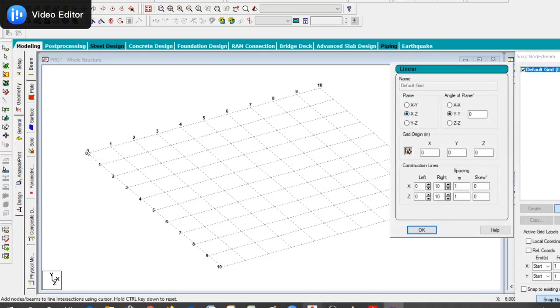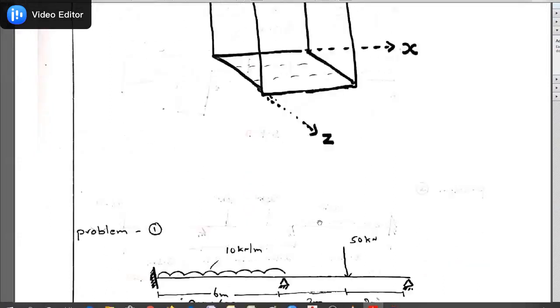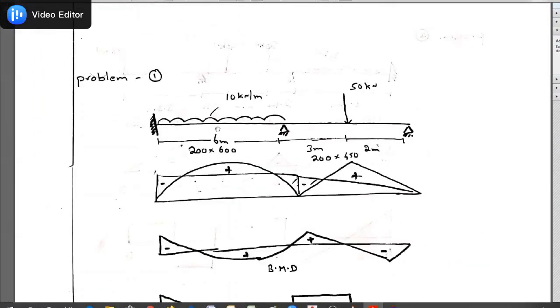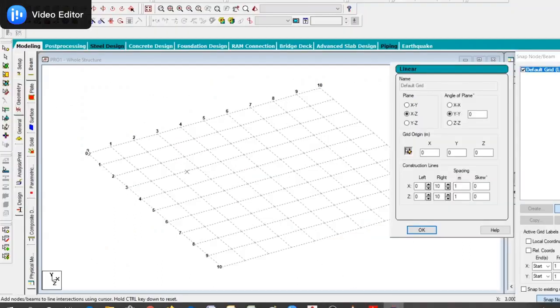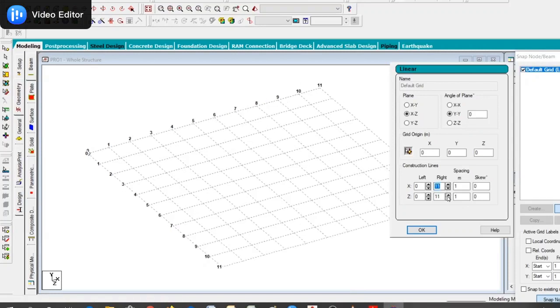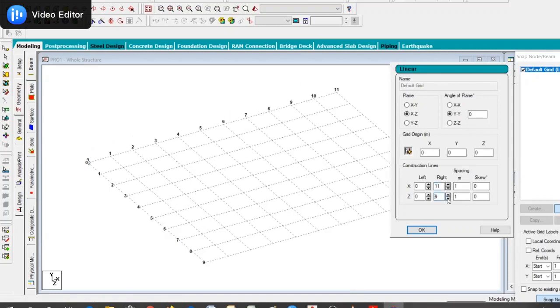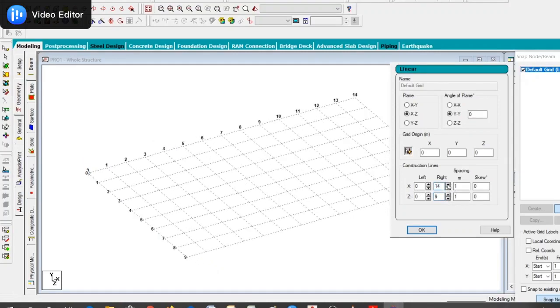And then let's see what is the length of the beam so that we can determine what grid size we need. The length of the beam here is 6 meters plus 3 plus 2. So total length here is 11 meters. The grid size we have in STAT by default is 10 by 10, but we need a bigger grid. You can change it here. I can increase or decrease the size of the grid here. So I select 11 meters. I can have a bigger grid also, not a problem.